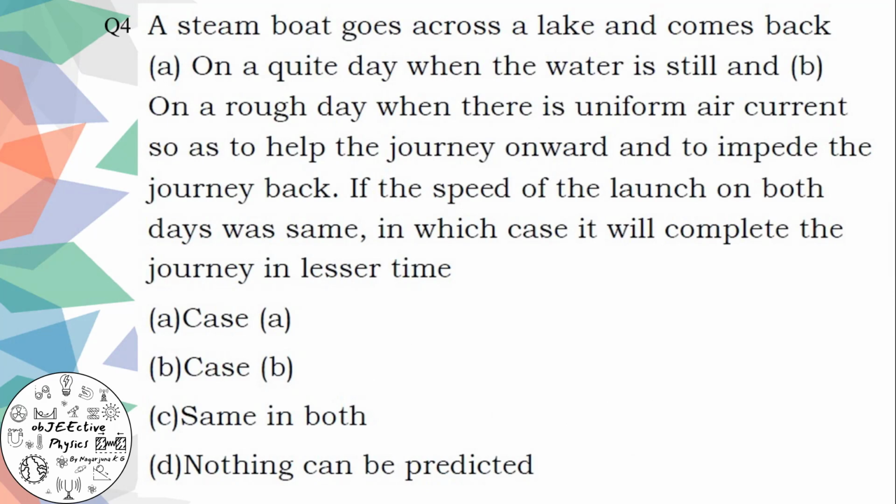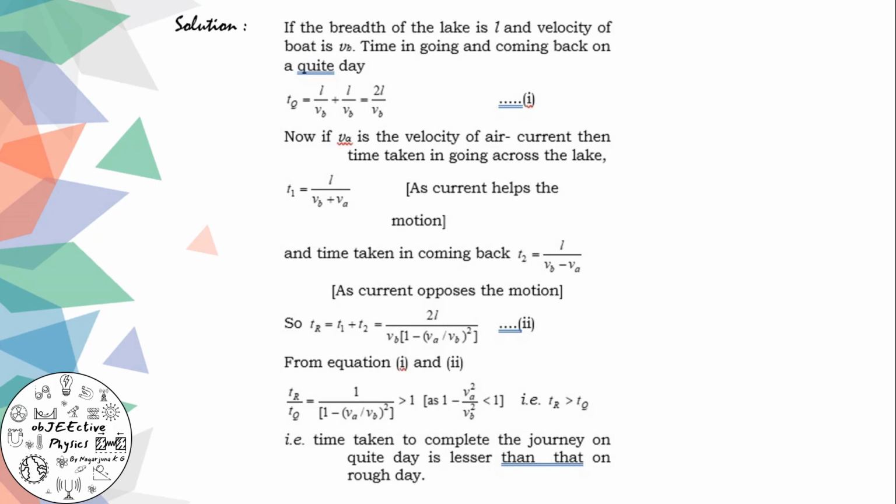Fourth question. A steamboat goes across a lake and comes back on a quiet day when the water is still, and on a rough day when there is a uniform air current so as to help the journey onward and to impede the journey back. If the speed of the launch on both days was the same, in which case will it complete the journey in lesser time? Solution. Let us assume that